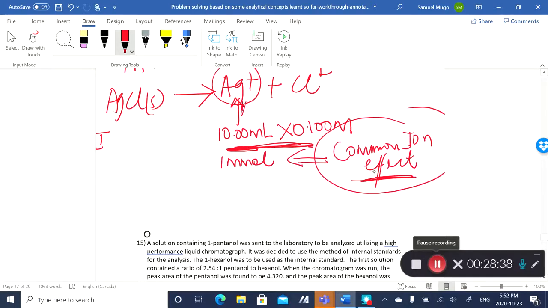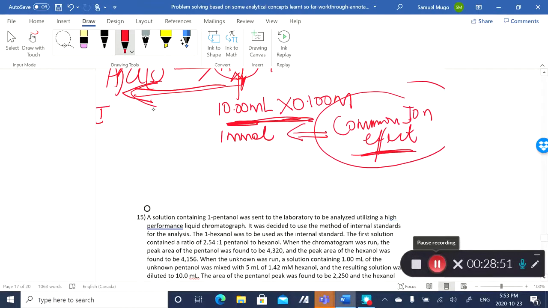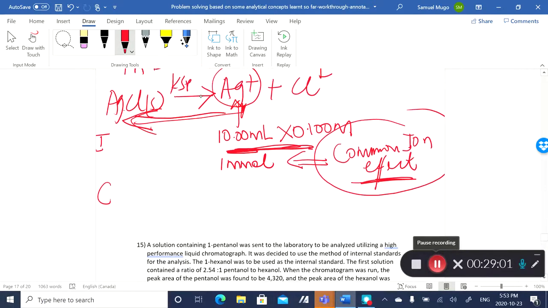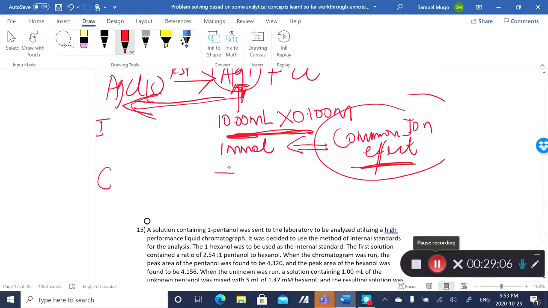Because I've got an excess of this already, the equilibrium shifts in this direction. So you get less of the salt soluble because the equilibrium shifts in the negative direction. So the change in this case is I've got the salt, and I'm adding the concentrated silver to it. So the change in this case is plus x,